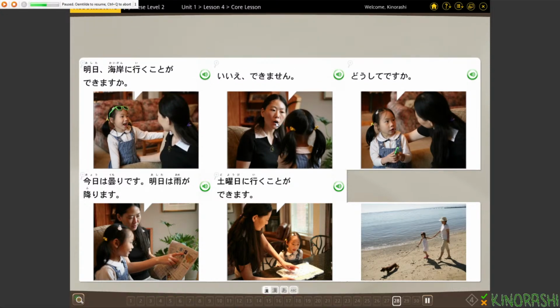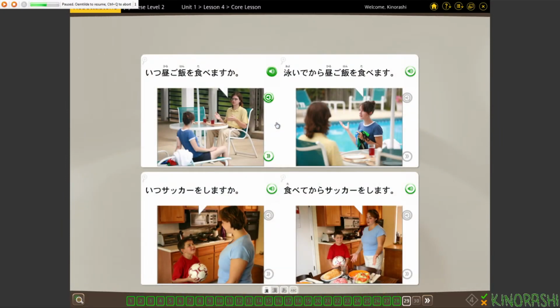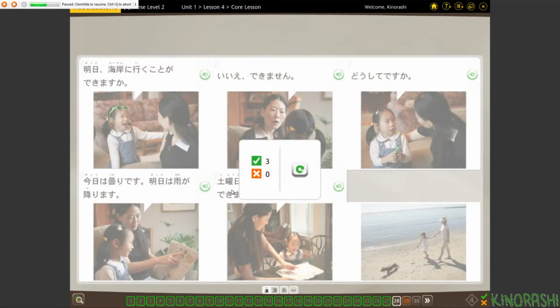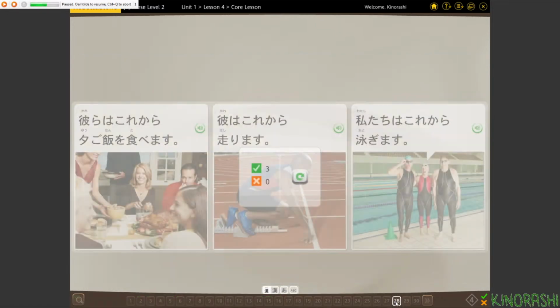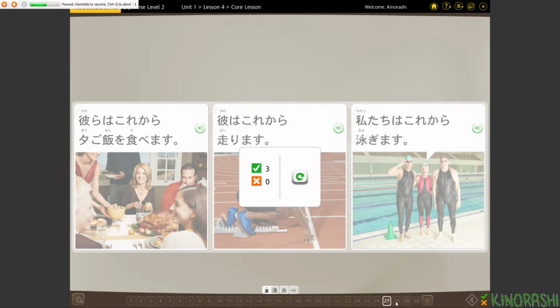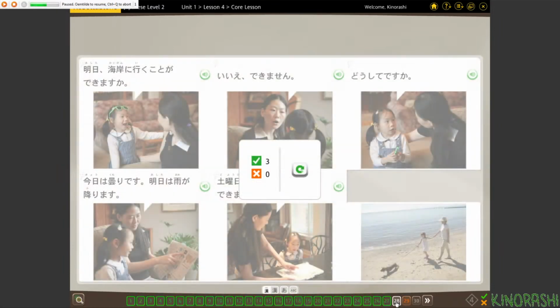土曜日に行くことが、いつ昼ご飯を食べますか？ I should have looked at that before I clicked it. 土曜日に行くことできます。I think it said 土曜日に行くことできます。